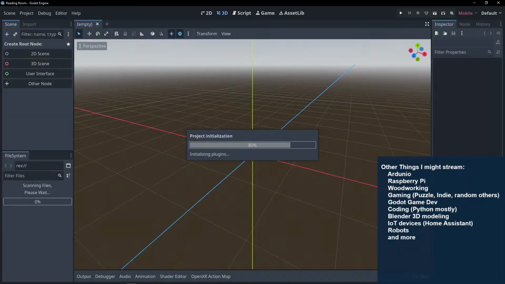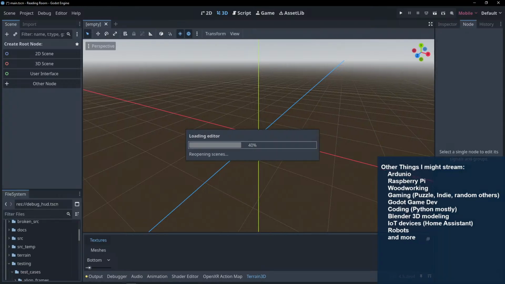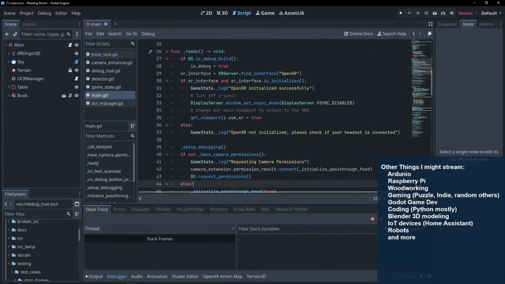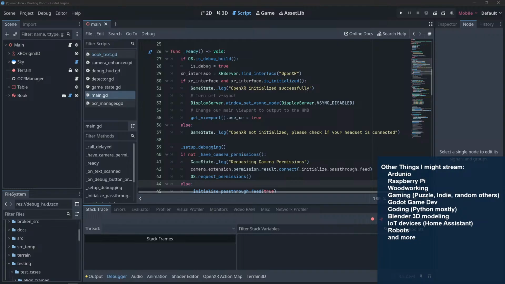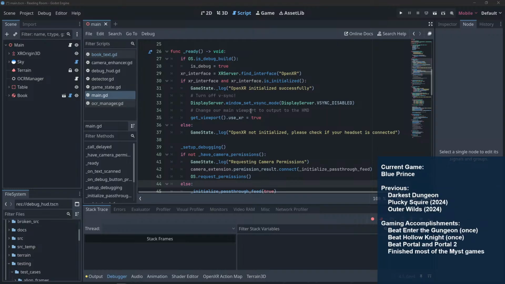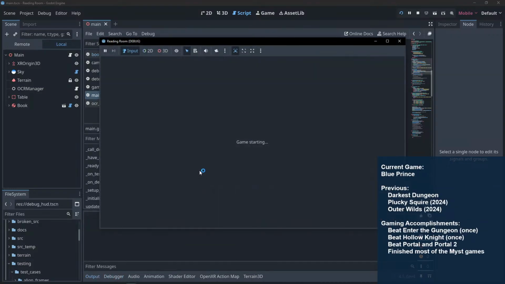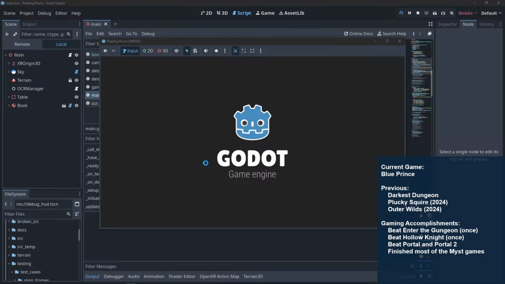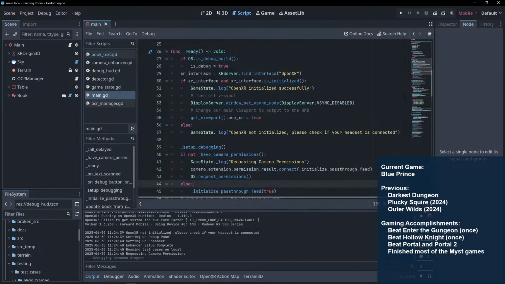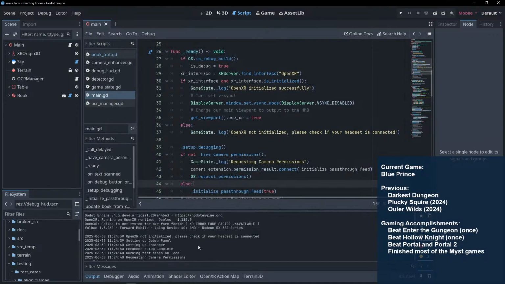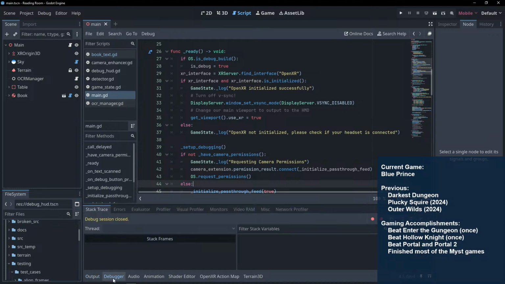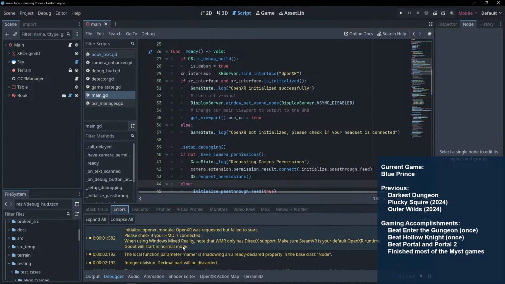It usually doesn't let us do that. Okay, and now I should be able to just run it. Maybe I'll get a log now. No.